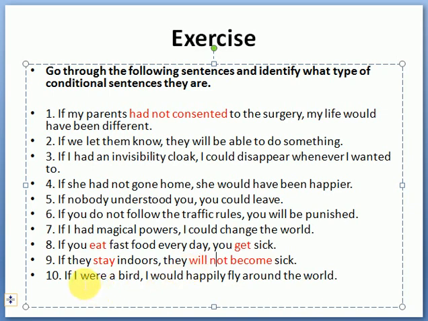If I were a bird, I would happily fly around the world. So you see, if I were, this is the simple past, and I would happily fly, would plus the first form of the verb. So what conditional makes use of this? The second conditional. And now if we have a look at